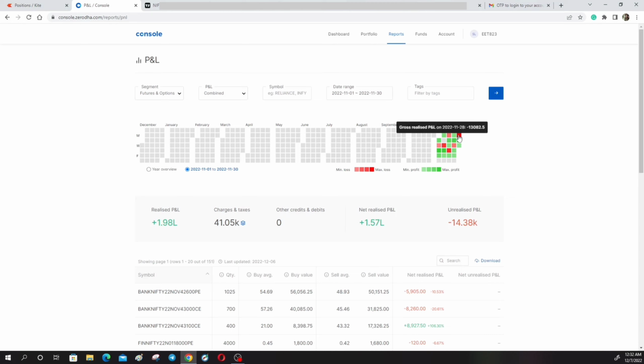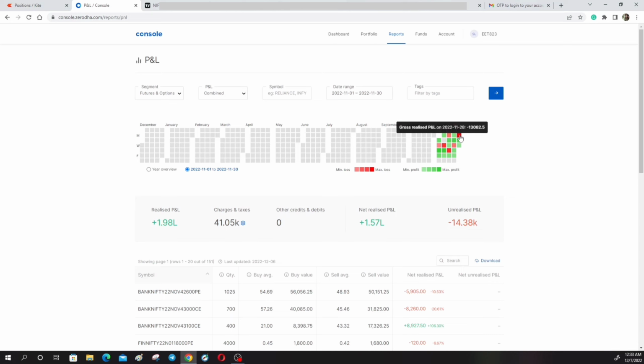But just out of FOMO, because that SL got hit in just 5 minutes of my trade, I tried to extend that loss limit, and that also got hit. Then I thought, okay, no, today my mind is not in sync with how the market is moving. Better to cut my loss short, and that is why I cut it at 13k. And yeah, this is all about this particular day.